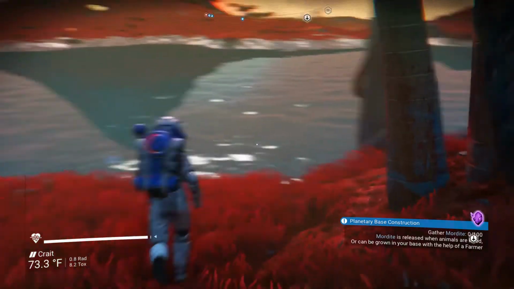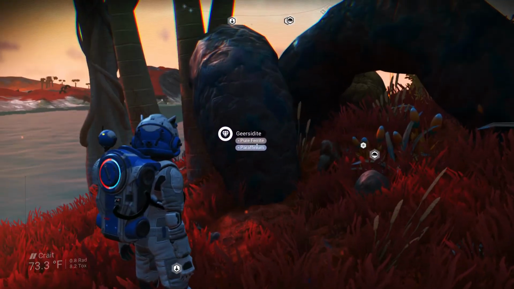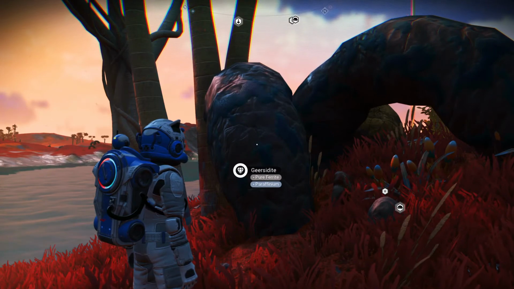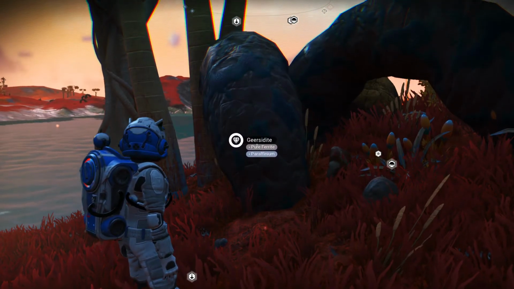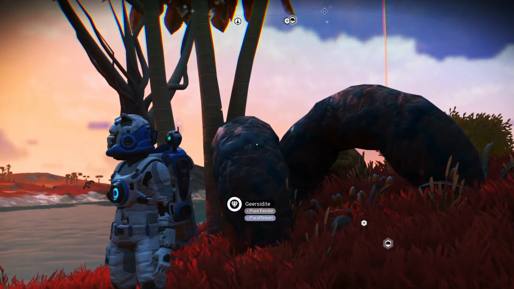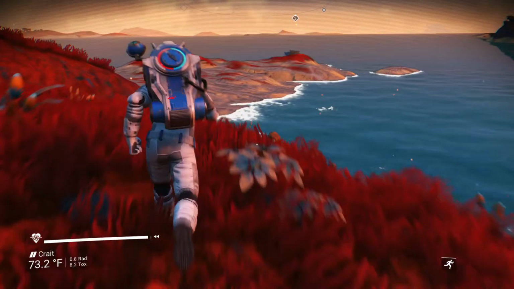Now, a little disclaimer when you do this. If you're looking for that second resource, and that's solely what you need, do not shoot the big ones. They take forever to destroy, and they only give you 1 or 2 of the second resource. Now, I can't show you on here because my plant doesn't have any, but